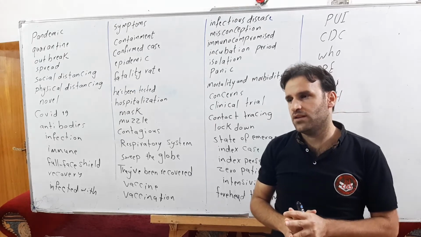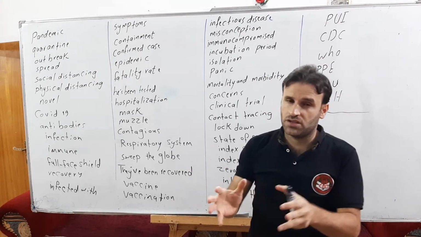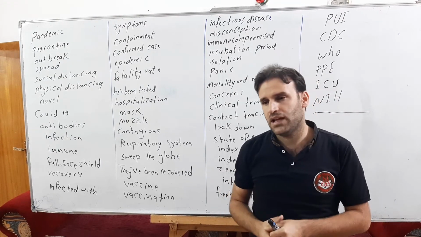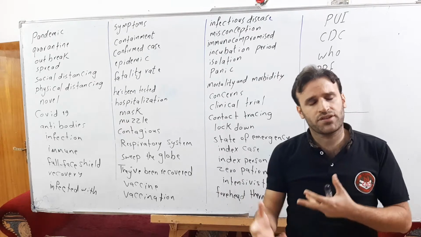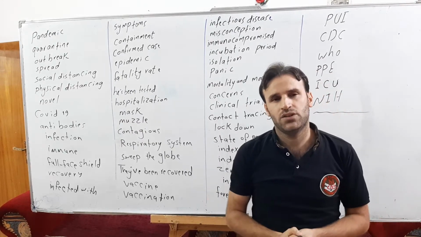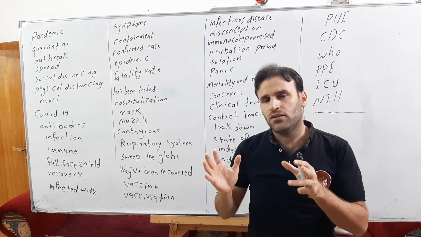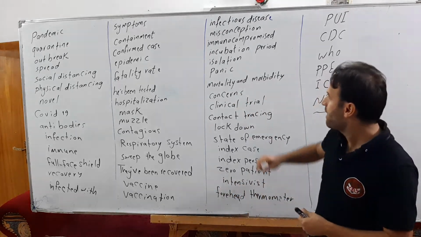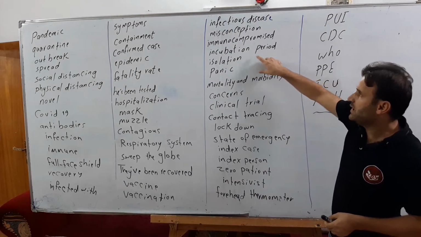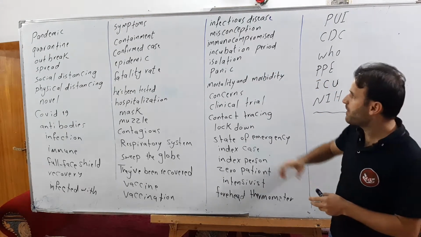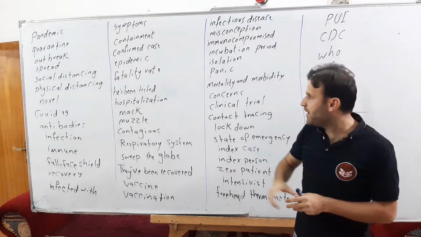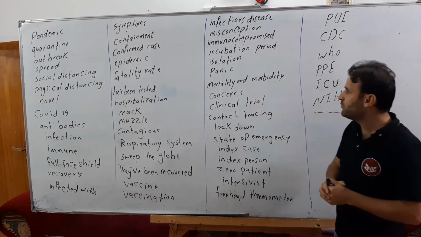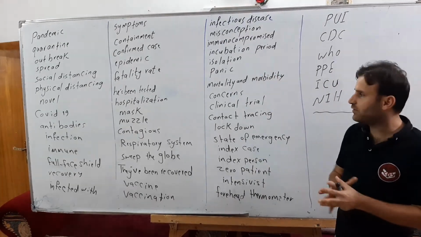They are maybe old يعني كبار بالعمر. They have already health problems. عندهم مشاكل like hypertension انخفاض وارتفاع بالضغط or diabetes اللي هو السكري or heart attack or etc. They are easily infected with coronavirus. Incubation period اللي هي فترة الحضانة. We have isolation اللي هو العزل. Panic الذعر. Don't panic يعني لا تخاف. Mortality and morbidity نسبة الإصابات إلى نسبة الوفيات.